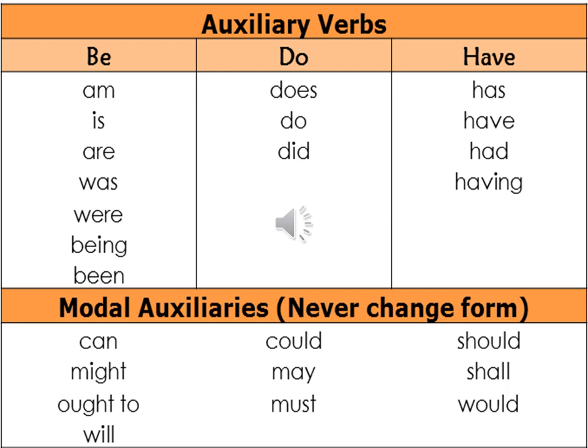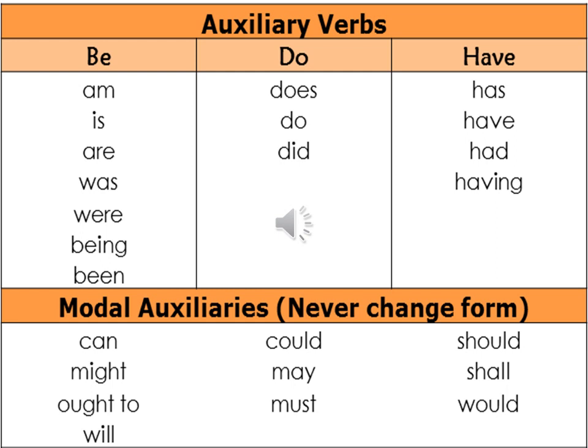Children, now look at this slide very carefully as further bifurcation of primary auxiliary verbs is given over here. As you all know that there are three primary auxiliaries, that is be, do, and have, so we will be dealing with them separately here in this slide. Coming to the first one, that is be. If the sentence is in present tense, then we can use is, am, or are as per the subject of the sentence. Means if the subject is singular, we will use is. If the subject is I, then we will use am. If the subject is plural, then we will use are.